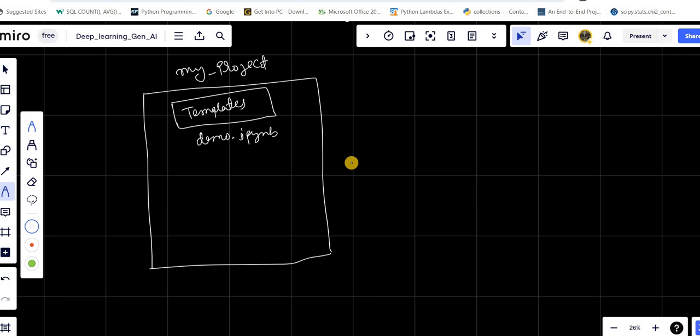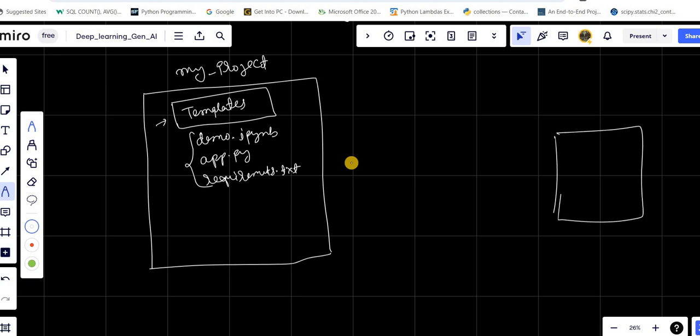Then the third is your app.py, where you will write your Flask code to deploy and create a UI. And the next is your requirements.txt. So this is a folder, and these three are files: demo, your Jupyter file for analysis or saving the models, app.py where you will write your Flask code, and requirements.txt. Now requirements.txt is a file in which you will write the names of the libraries